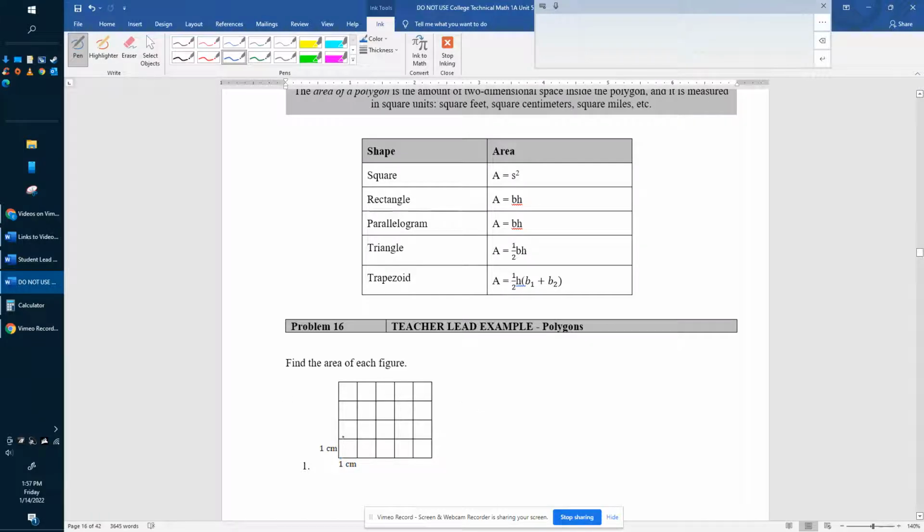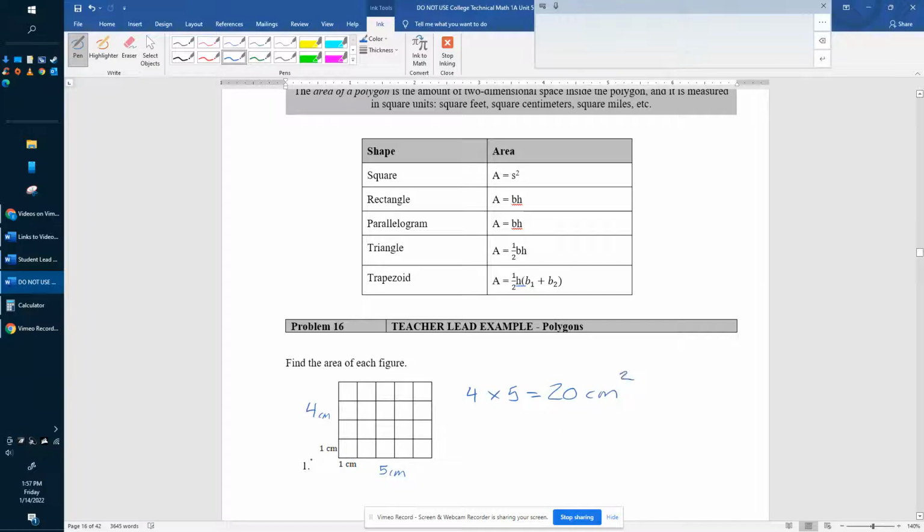So each of these squares is 1 centimeter long. So we have 1, 2, 3, 4 centimeters on this side. 1, 2, 3, 4, 5 centimeters on this side, which makes this a rectangle. Area is base times height. Here's our base. Here's our height. We're going to have 4 times 5 equals 20 centimeters